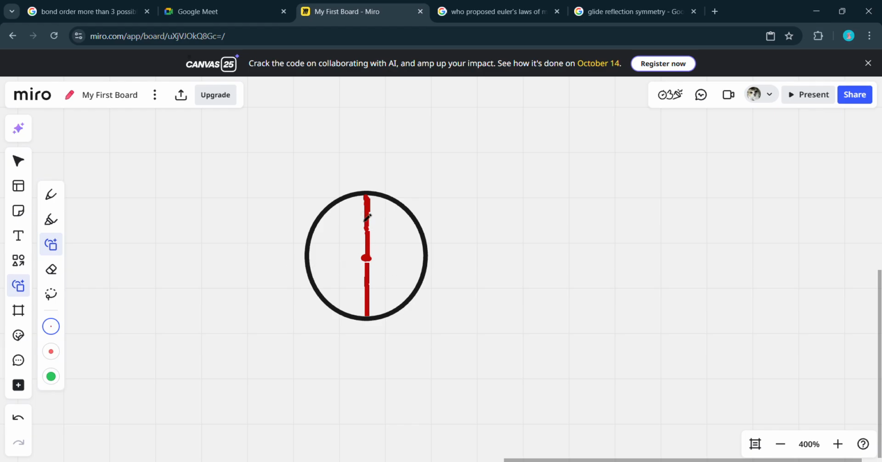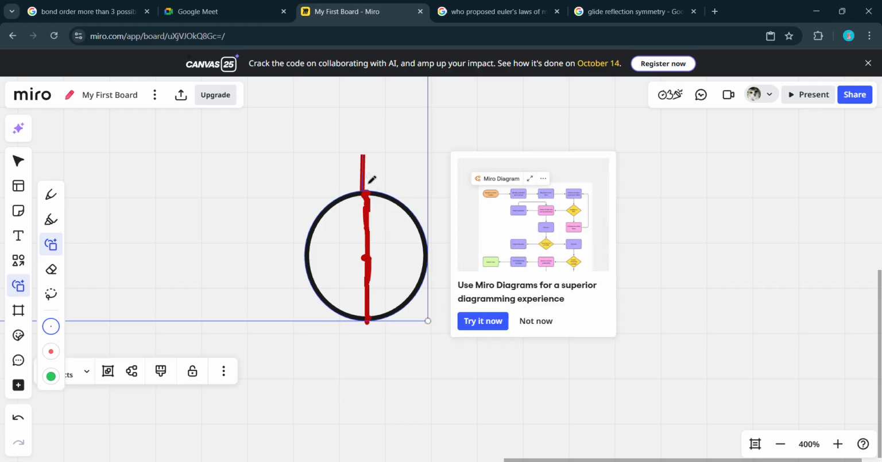this is a diameter. I don't think you have learned about diameter yet, but this line is called a diameter, which passes through the center from 2 points on the circle. If you don't know, then it's okay. I will teach you later. So if you place a mirror here,